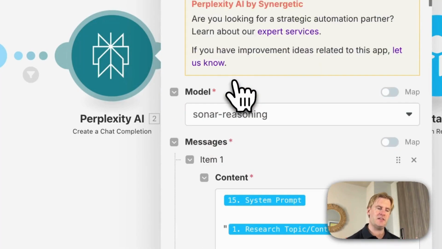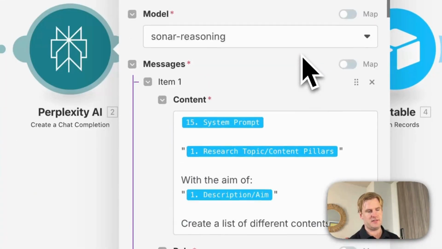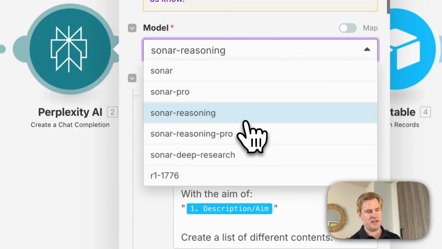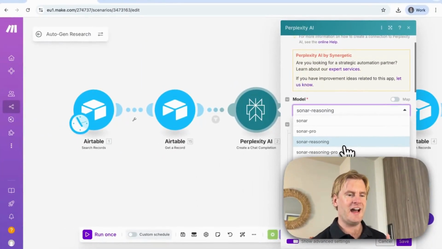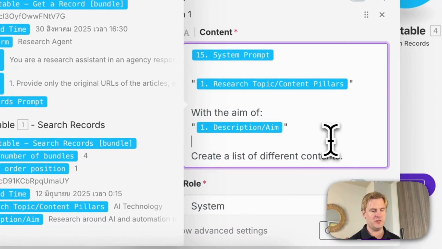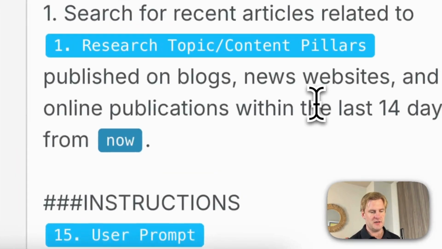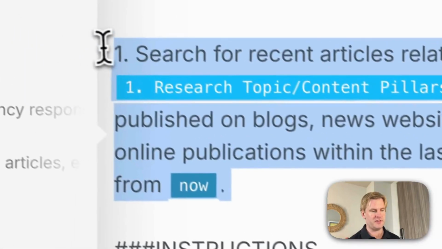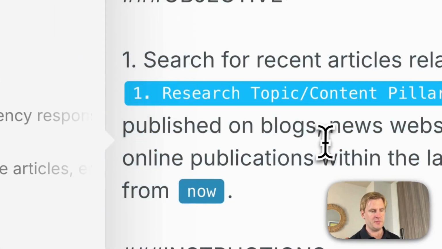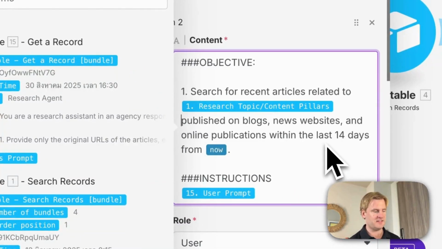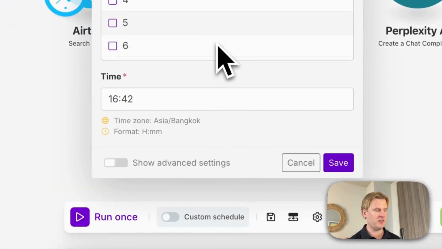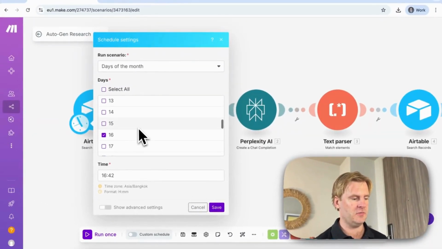Next, we want to take those prompts and put them into our Perplexity model. You can see in here I'm using the Sonar reasoning. I personally think it's more than powerful enough, and because we're going to run this many times, we don't want to exhaust the amount of tokens or credits or make it very expensive. In fact, we're going to run this every 2 weeks, which is why I have this additional prompt in here that we're looking for information that was published in the last 14 days, and I've changed the custom schedule to fit with that